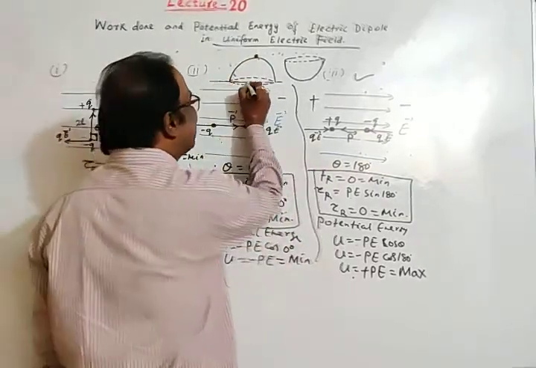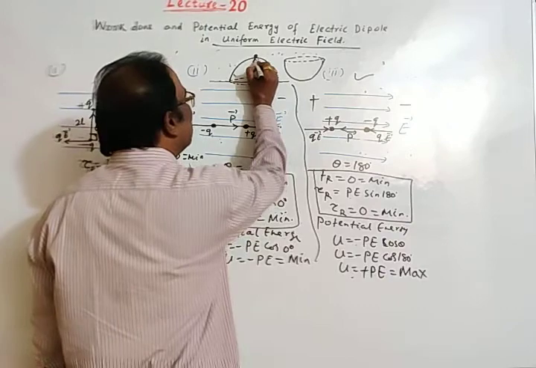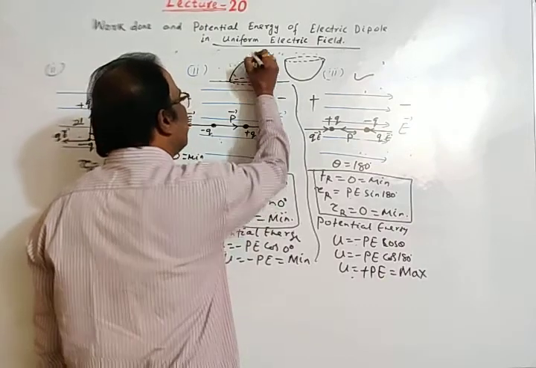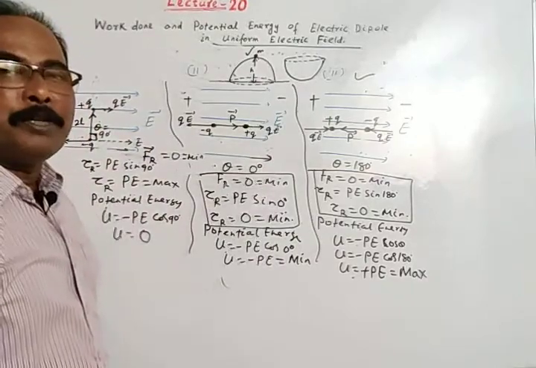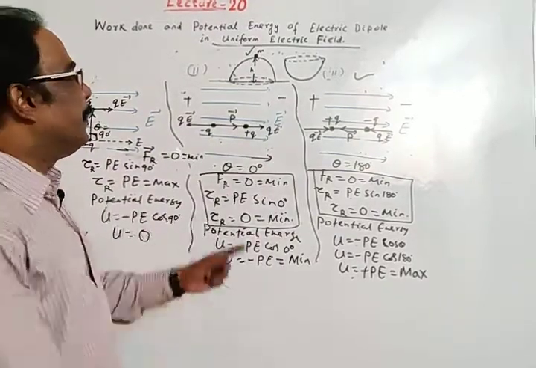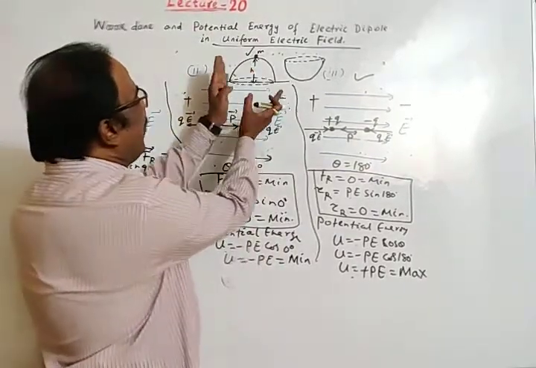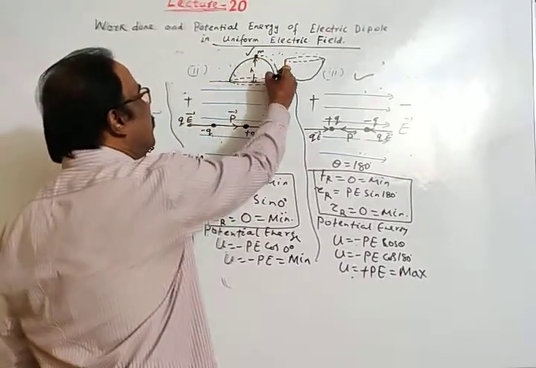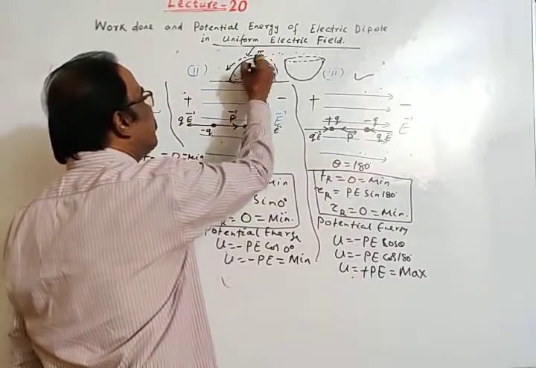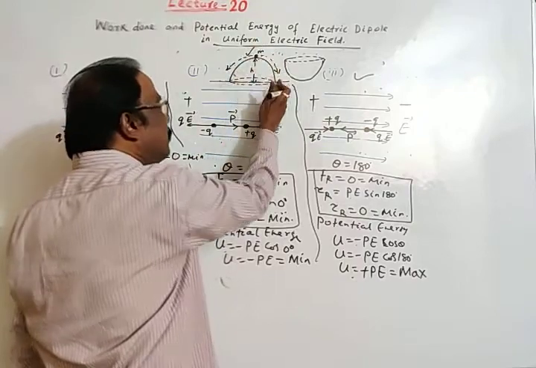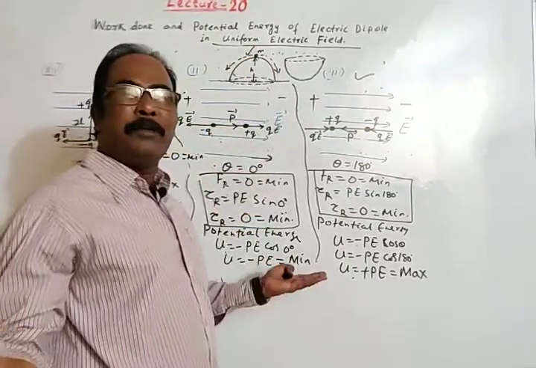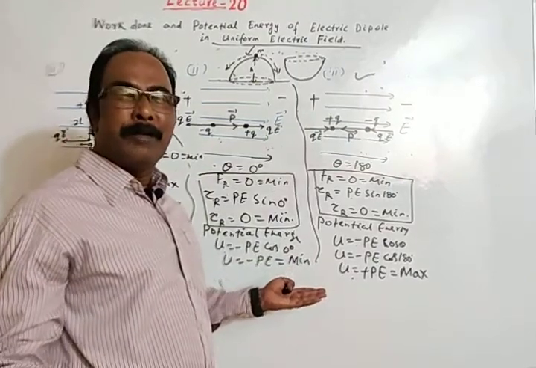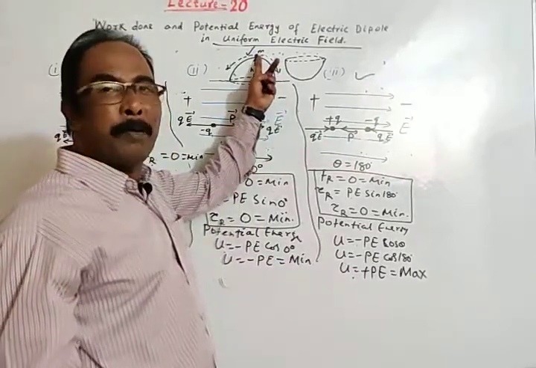If you take this as ground, then this is height h. Then at this position, potential energy is mgh, which means maximum. So if I tilt the bowl a little, then obviously it may slide down either along this direction or along this direction. It will be displaced from that original position, from the top of the bowl.